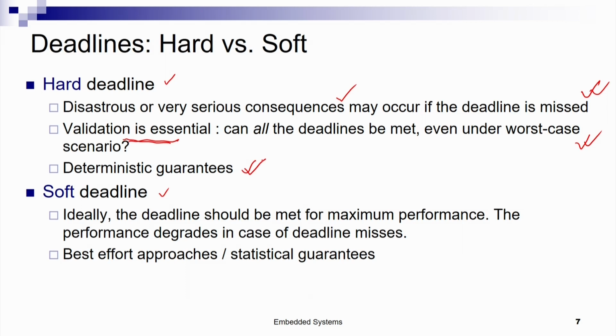If the tasks are not that critical, they may be considered to have softer deadlines. Ideally the deadline should be met for the maximum performance. We are allowed to miss deadlines, however, if we miss deadlines, the performance degrades. For example, an example of a soft real time task could be that we are opening a web page. If the web page opens very quickly, then we are very happy,